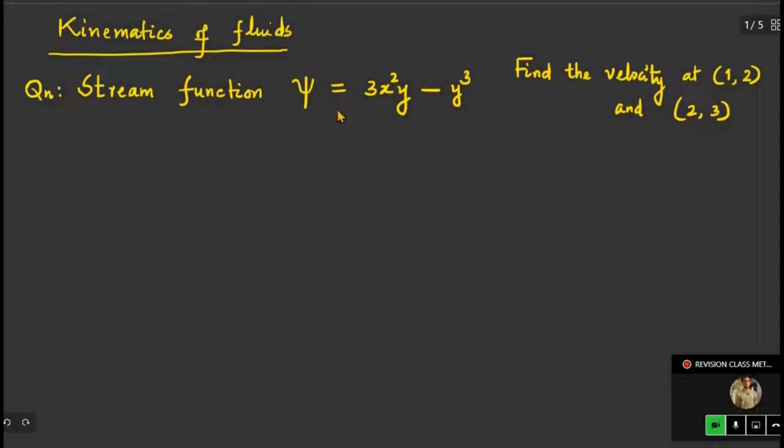And since the z directional coordinate is not there, it is essentially a 2D function. An important idea is, if the stream function is given, how we will find out the velocity components u and v. The 2D flow field means you are having a velocity vector, say V, that is given by u i plus v j.